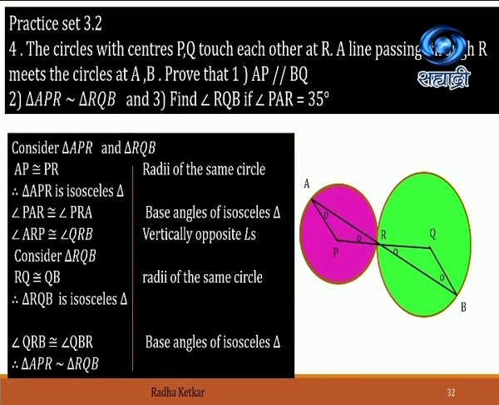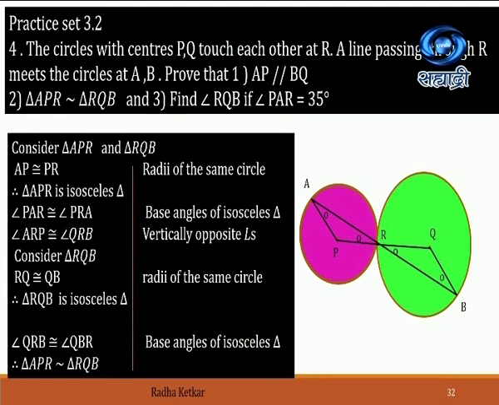Now let us go on to the second part, that is, we have to prove that the two triangles are similar. So APR and RQB, we have already got the required information. You can see we have got two angles each from both the triangles which are congruent to one another. So we can say by the AA test the triangles are similar. One more thing you have to keep in mind here. We have proved only two angles, so we will be using the AA test of similarity.